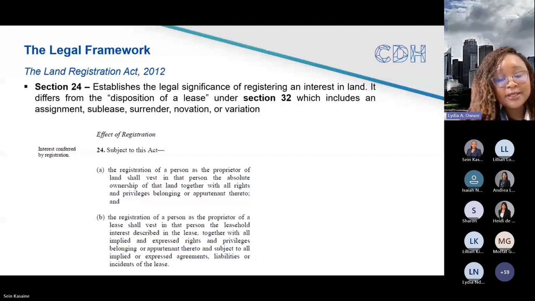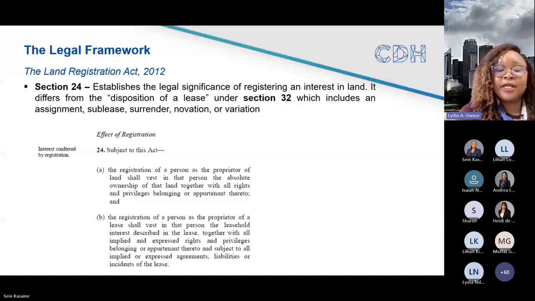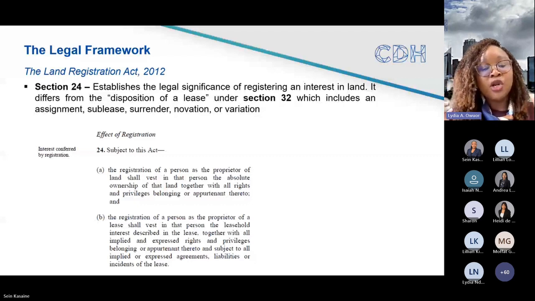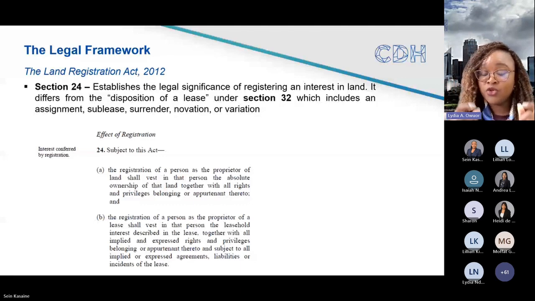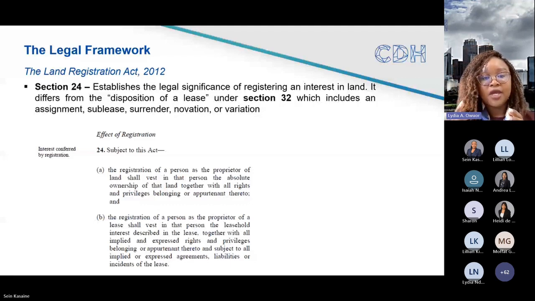Now, regarding leases, registration, as I've said, vests the legal interest described in the lease to the registered tenant. What that does is that it puts the tenant in what we call a leaseholder position. This is key to understand. Registration would then put the tenant in a leaseholder position. What that means is that